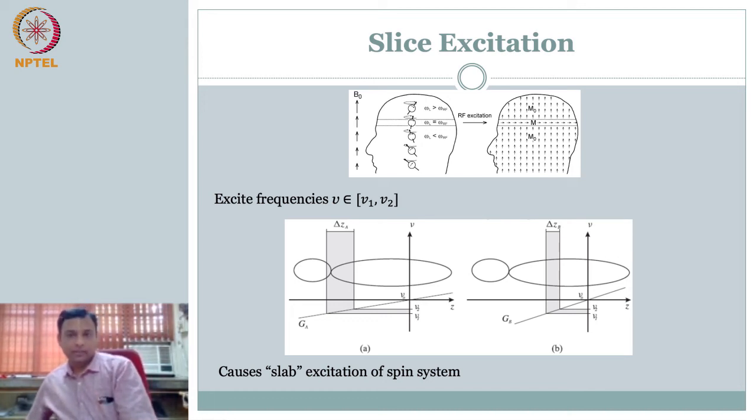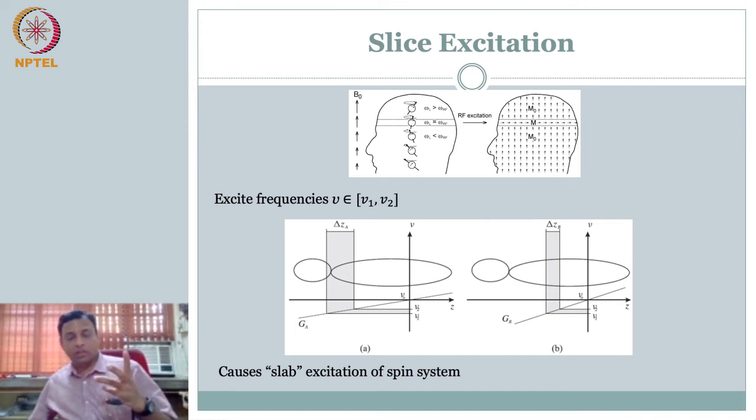So if I have the same RF excitation frequency that I apply, depending on the gradient, I actually have two effects that I see. One is the thickness is changing. The other is even the location is changing. In fact, you look at this, V1 and V2 are the same. That is, I am applying the same RF excitation, but depending on your gradient, you can have a thicker slice or a thin slice. Not only that, here it is in the neck region, here it has already come to the chest region.